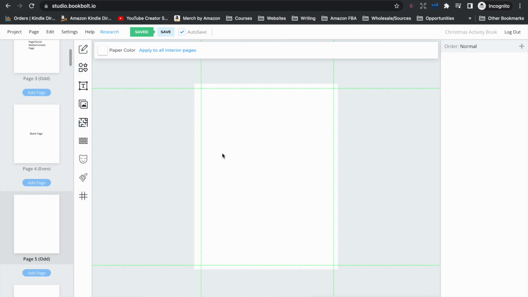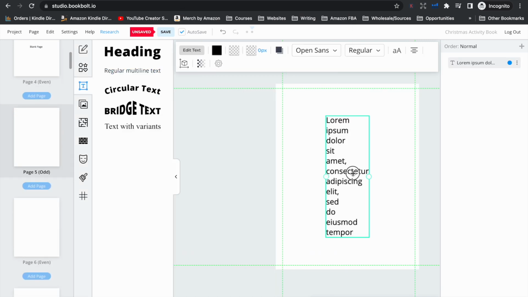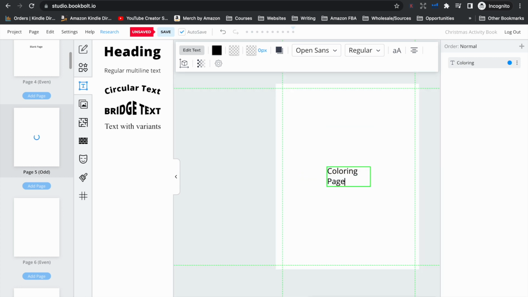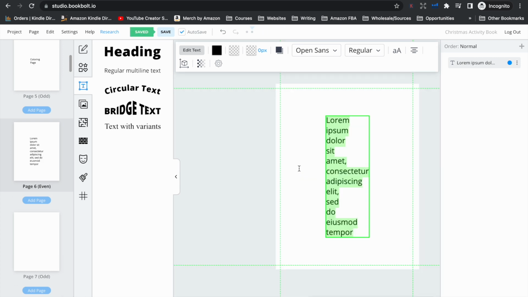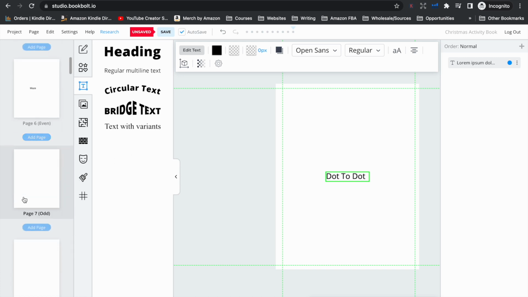And now is where I will decide what I want on each page. So it would go something like this. I might decide that the first page is going to be a coloring page. And then after the coloring page, I may decide to put a maze. Next, I might put a dot to dot, and so on and so on. So you can just mix them up a little bit so there's something different on each page for the child